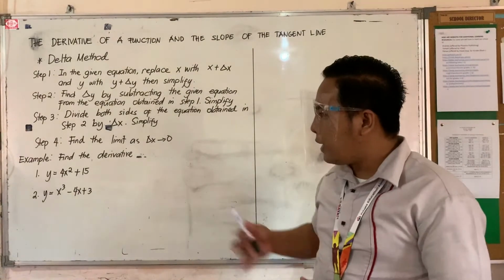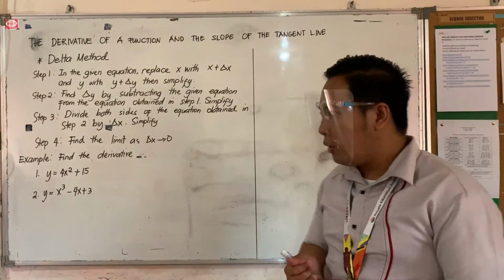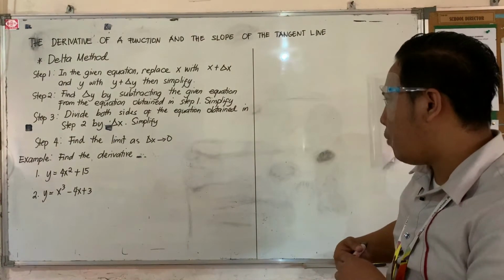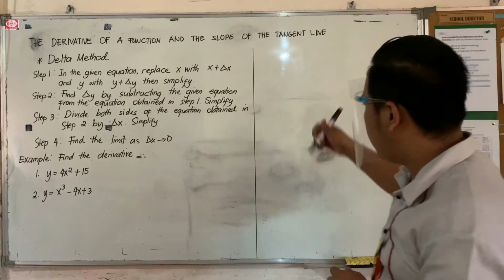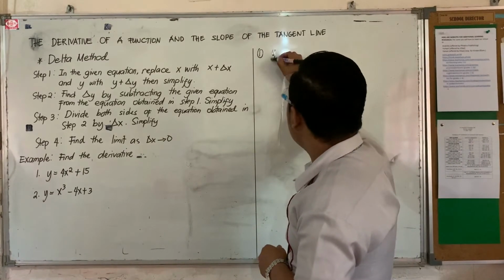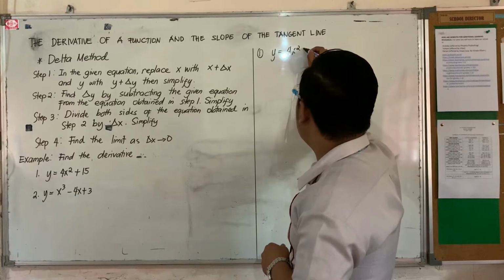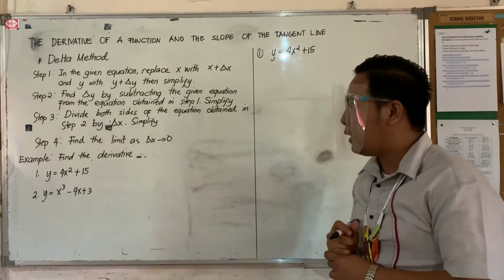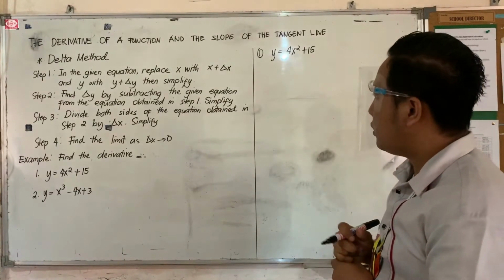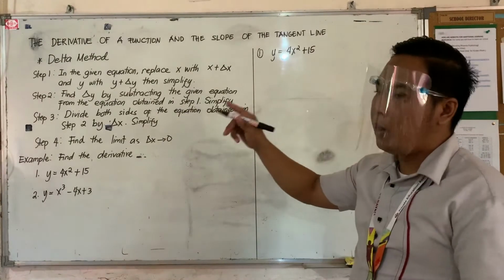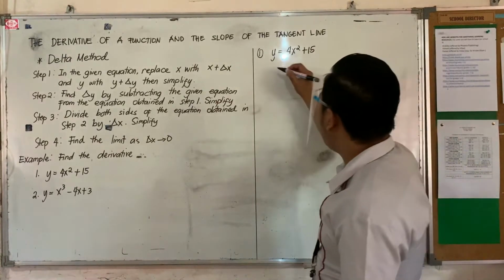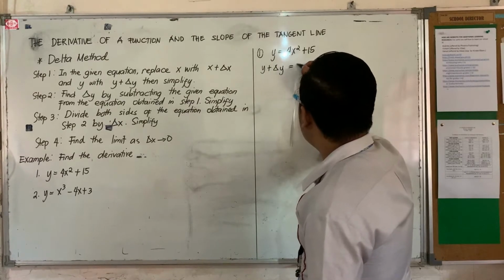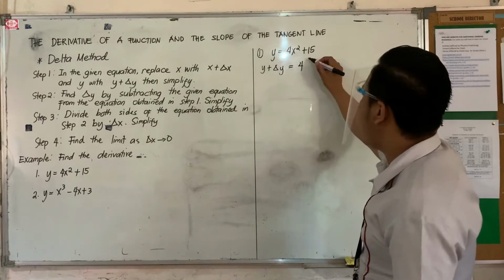So para maintindihan natin na mabuti yung procedure, let's take a look for problem number 1. So example number 1, we have y equals 4x squared plus 15. Okay, so y equals 4x squared plus 15. Following the procedure, sabi dito step 1, the given equation replace x with x plus delta x and y with y plus delta y. So we have now y plus delta y equals 4, may x tayo dyan, so becomes